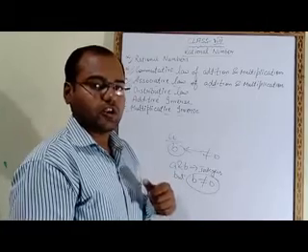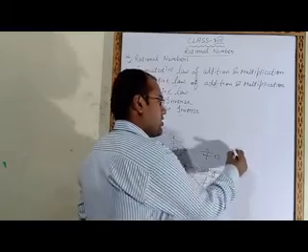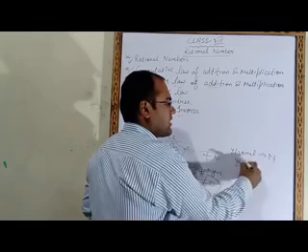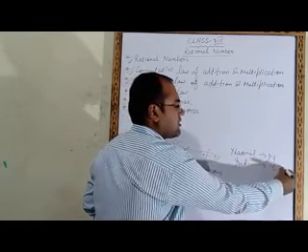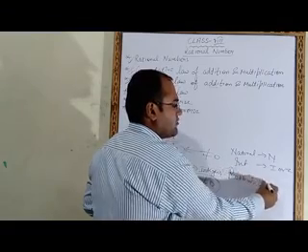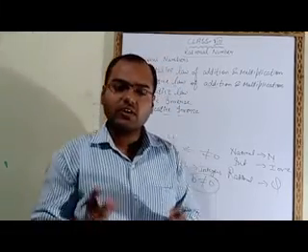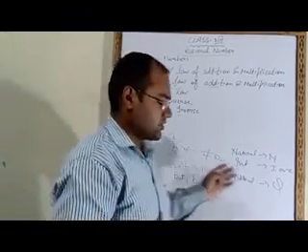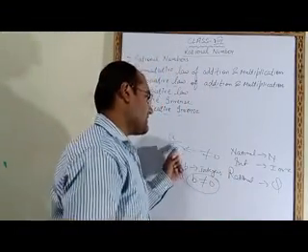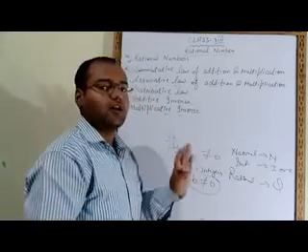Now to denote rational numbers we will use one symbol, as we use capital N for natural numbers. Natural numbers we represent with capital N. Integers we denote with I or Z. In the same way, for rational numbers we will use the symbol Q. All the rational numbers we represent with Q. So rational numbers are those that can be written in the form of a upon b such that the denominator value should not be equal to 0. Then all these numbers are called rational numbers.